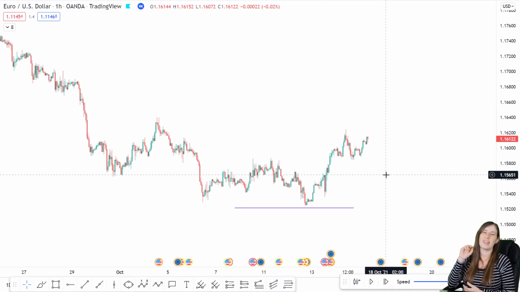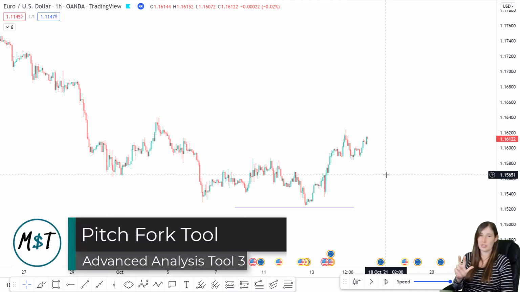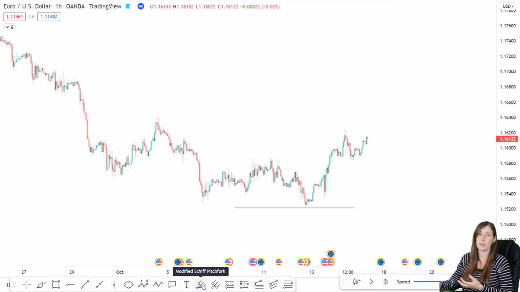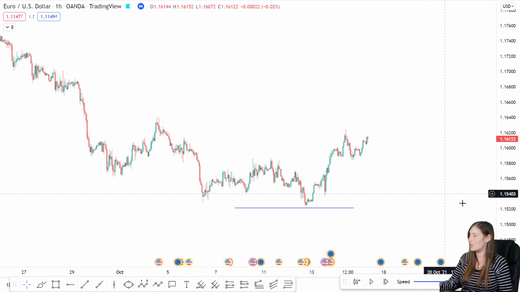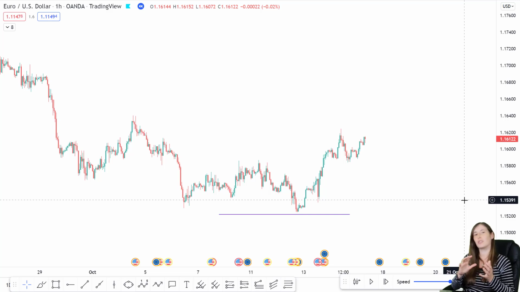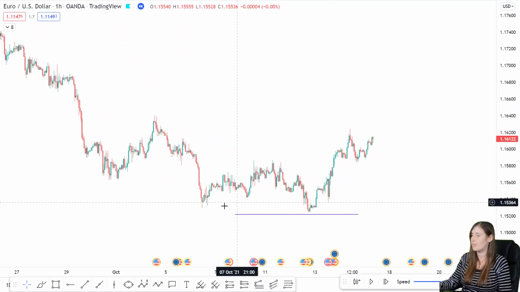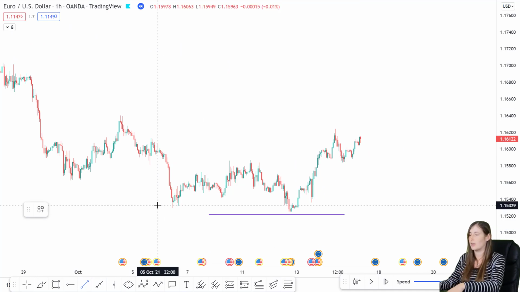Moving on to a third advanced technical analysis tool, and that is the pitchfork. Now there are actually two different types of pitchfork here. There is the standard pitchfork and there is the modified Schiff pitchfork. And in this example, I'm going to be using the modified Schiff pitchfork, which is what I tend to like to use when it looks like a market is reversing, which is what I think we might be getting here now on EUR/USD. So we've come to this swing low level here,